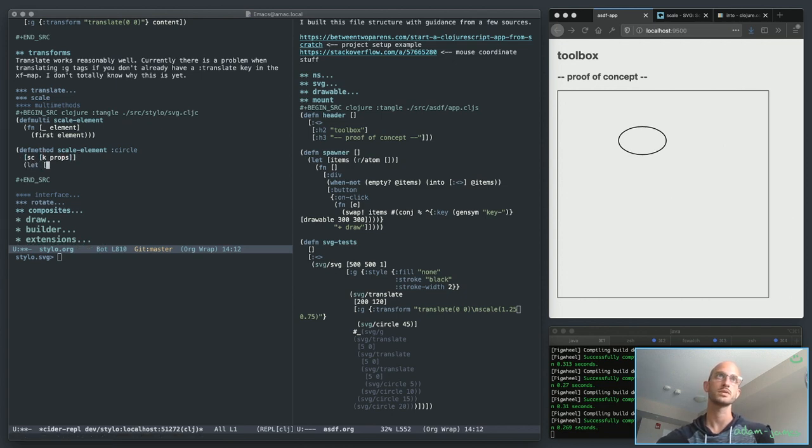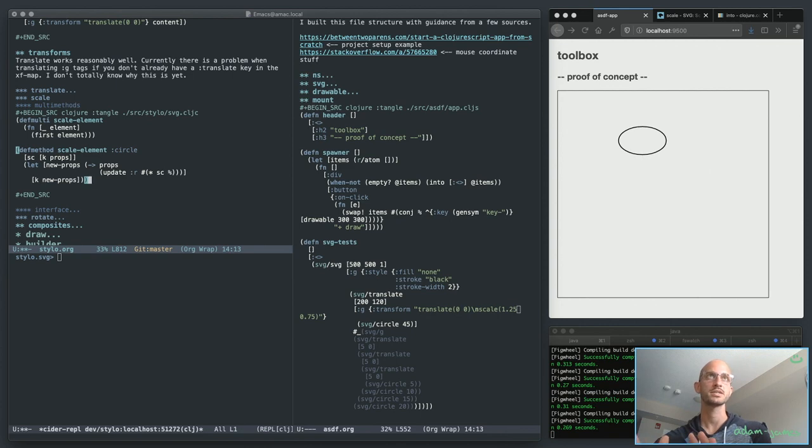right? Then I can just do let new props be thread props through update r with the function multiply scale by the existing value of r. That will nicely just apply directly the scale. So let's finish out that thought. Let's do k new props, and we can even test this out. Okay, so if I save this,